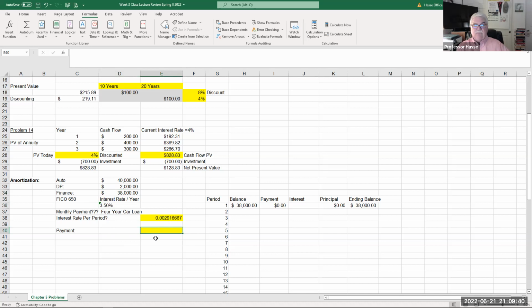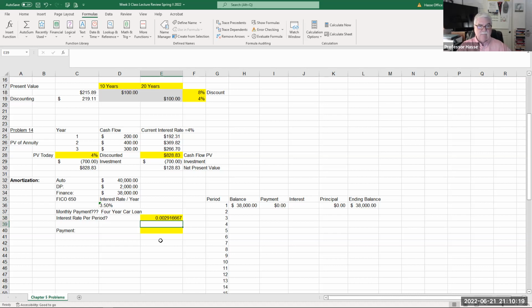Well, two things I need to do. First of all, I know how many periods there are, 48. I know how much I'm borrowing, 38,000. But what is the interest rate per period? Well, remember, this is a 3.5% loan. That's the annual interest rate. So I have to calculate how much is that interest every month. So I take 0.035, that's 3.5%, divided by 12 months. And this is my interest rate per month. Basically 0.291%,